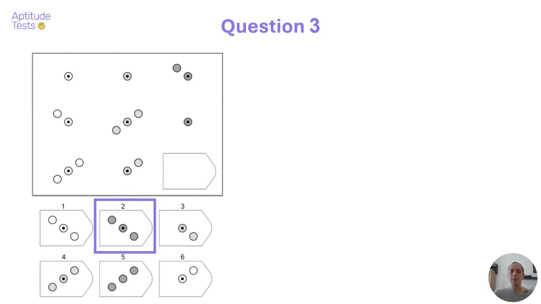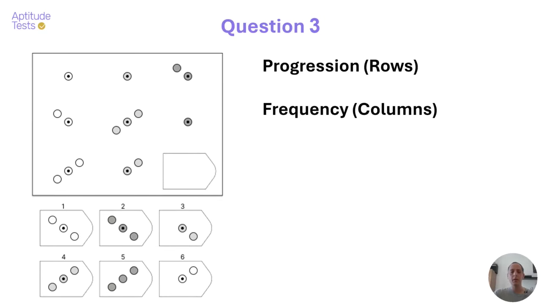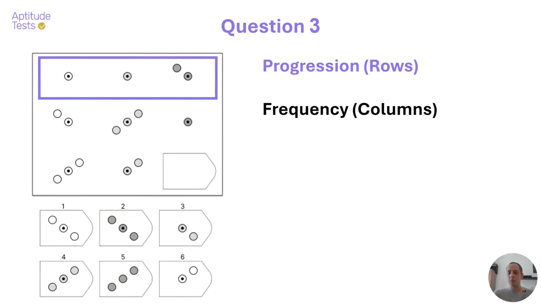Okay, so the correct answer here is 2, and this is probably a more intuitive question for you. You might have been able to solve it more easily than the previous 2, but in terms of patterns, it is, I would say, a more challenging one, because it combines 2 different patterns. Okay, and I'm going to show you them now. The first pattern is across the rows, and it is the progression of the color. The color grows progressively more dark as we move across the rows,